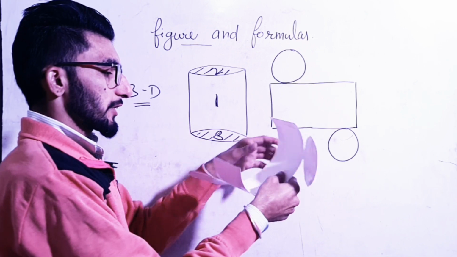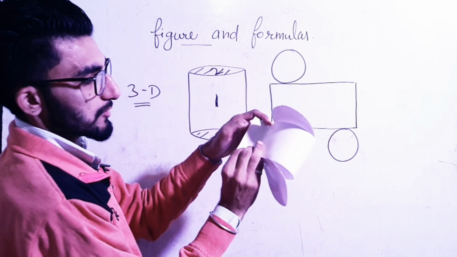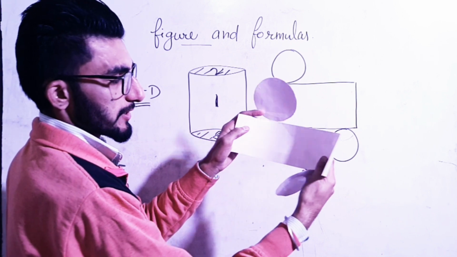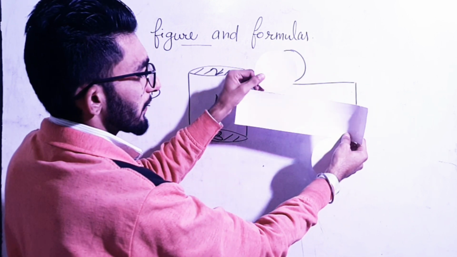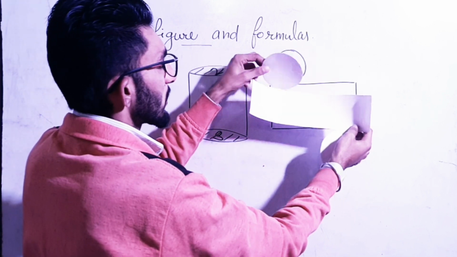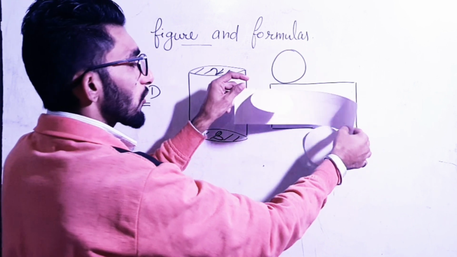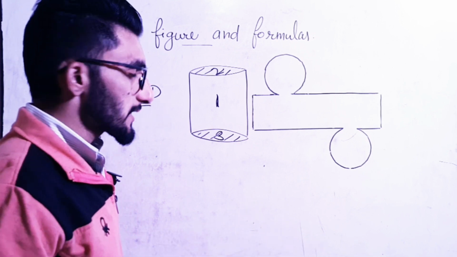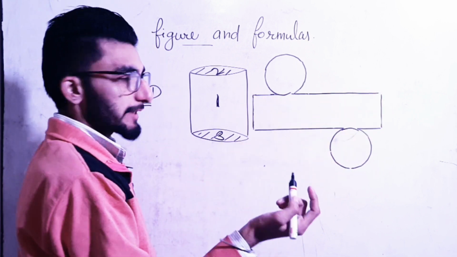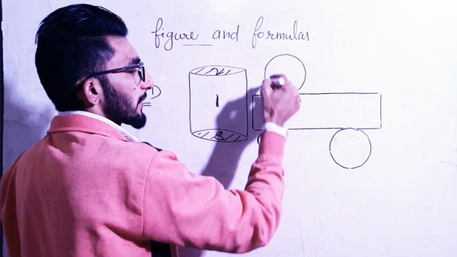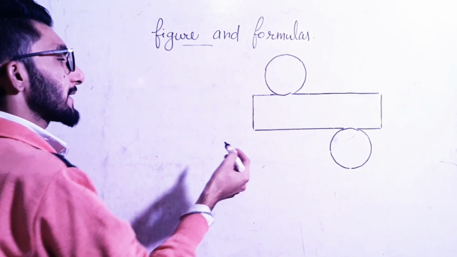So now open it. So here we have the structure. So as you can see, this is the middle portion which was the first face of the cylinder. ठीक है. So जो ये first face था, this is a rectangle piece like this. So this is a rectangular piece, and this one is upper face which is a circular face. ठीक है. So ये second one है, and this is the lower one which is also a circle. So this is the net of the cylinder. Clear? So this is the net diagram of the cylinder. So in which first face is of a rectangle piece. So this is the rectangle, and this is upper circular portion. This is the lower circular portion. ठीक है. So with the help of this net diagram, we will find its surface area.